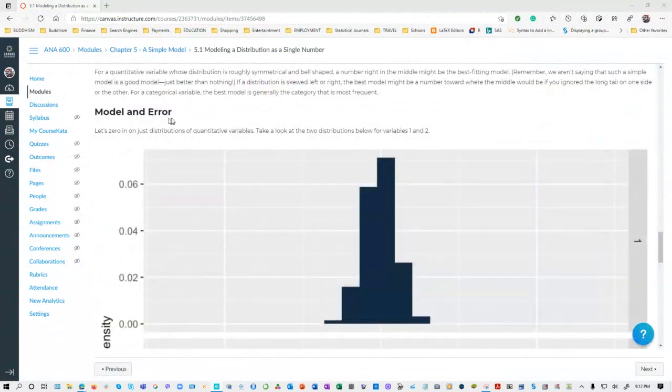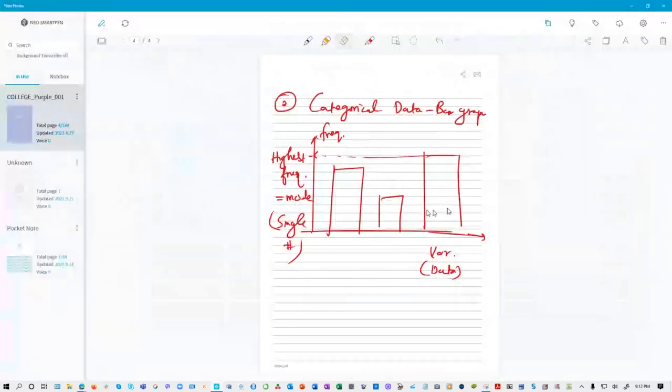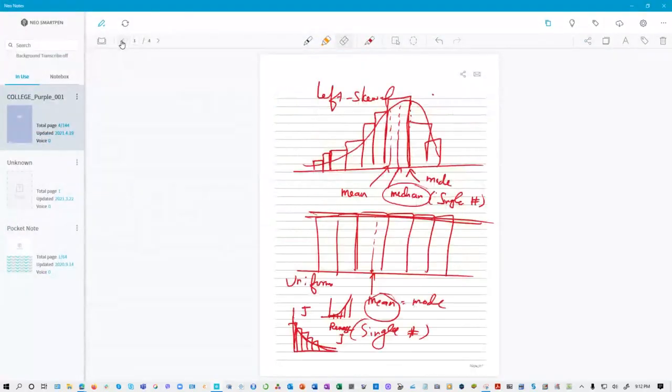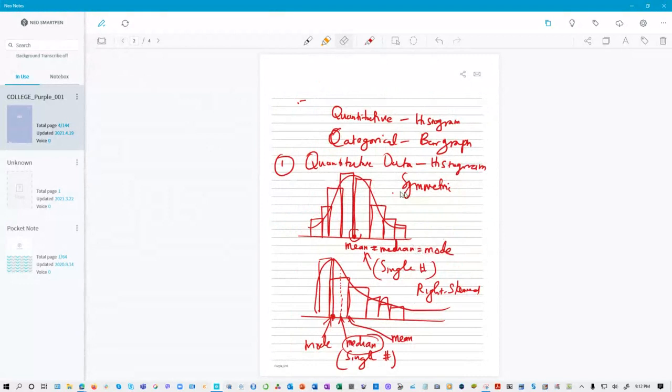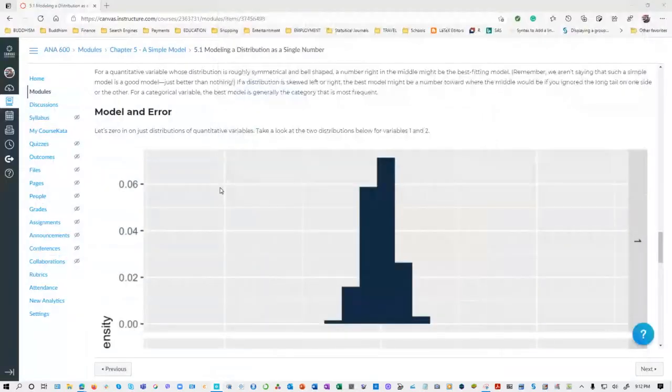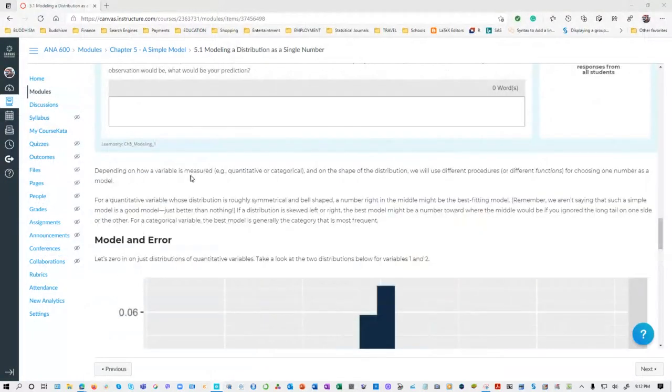See, look at here how this error can occur. The same thing that I'm talking about, they are focusing mainly on the symmetry. Even with that one, there are errors. Depending on how a variable is measured, we use a different procedure, meaning a different function. Function means mean, median, or mode. For a quantitative variable whose distribution is roughly symmetric and bell shaped,